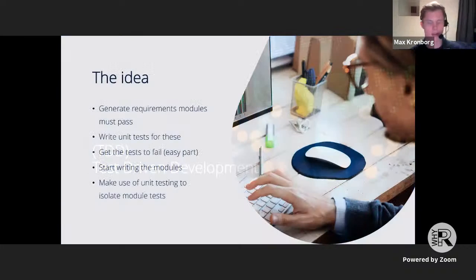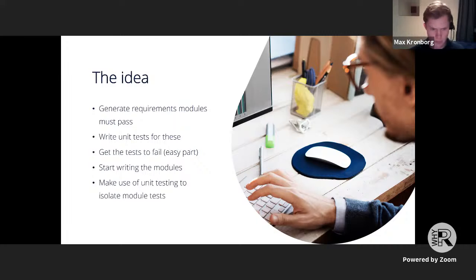So just to make it a bit clearer, you generate the requirements that you need for your modules or your units to pass. Then you write the units or the unit tests. Then you get the test to fail, which is always really easy. You just don't write any code. And then the part where the work actually begins is you start writing the code for the modules. And because you should have conceptually split this into unit tests at the beginning, you should have then isolated these modules from each other in those tests. So once the tests pass, you should be done with your work, and everything should be fine.